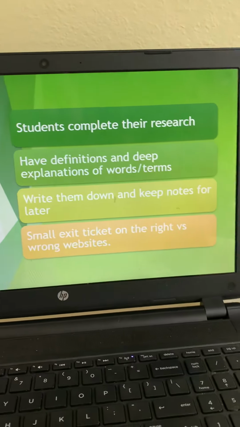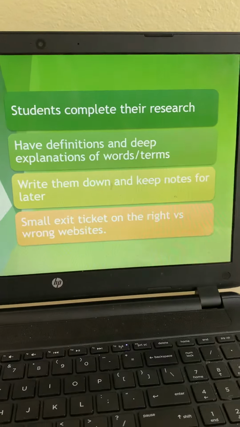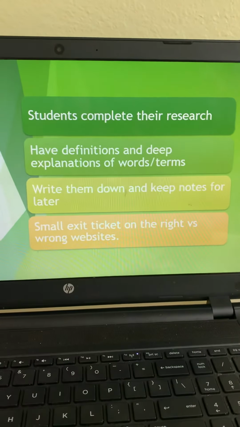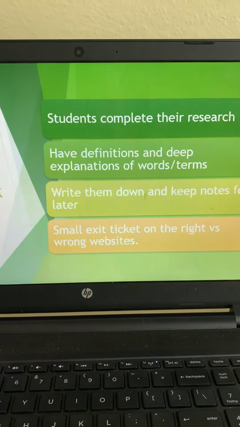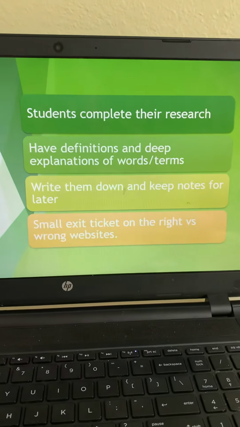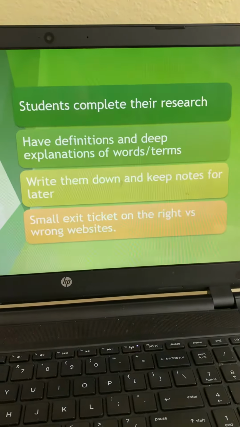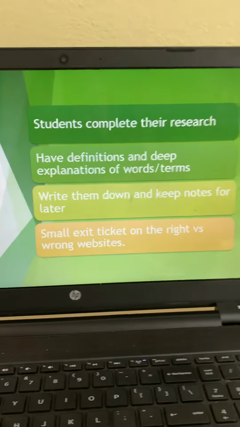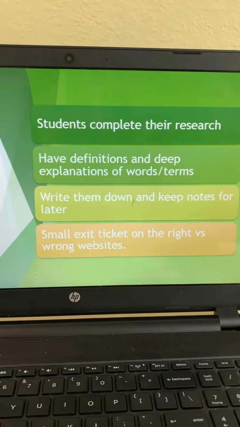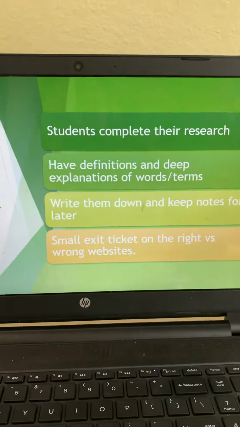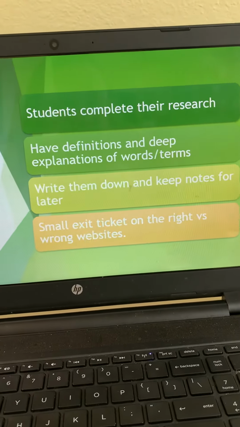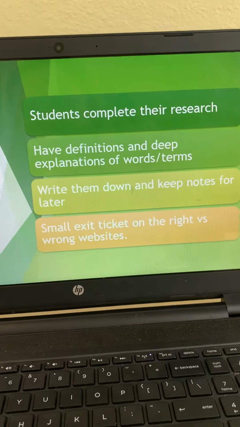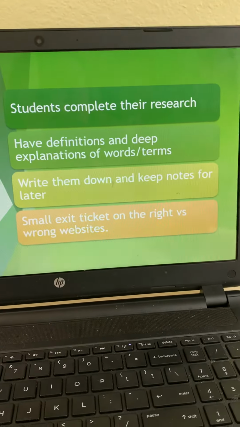They should write these vocabulary words down, and then they will be able to use these notes that they take for later assignments or studying for exams. And then if I have them do a small paper, then they can refer to their list of notes and vocabulary words. And then after this is all complete, I will have the students do a small exit ticket that